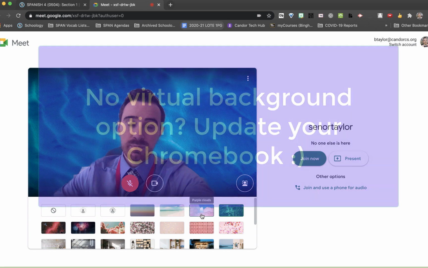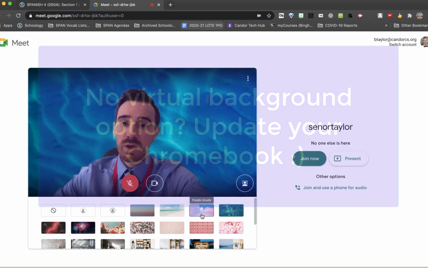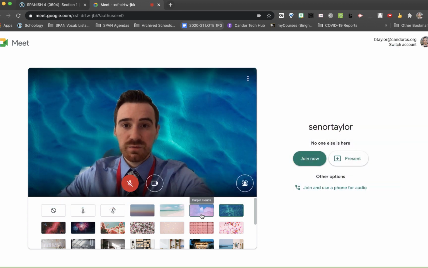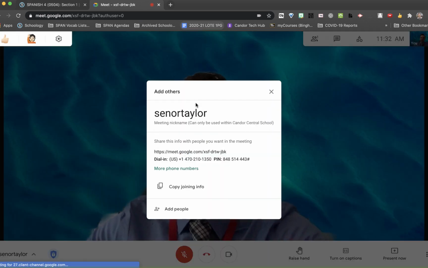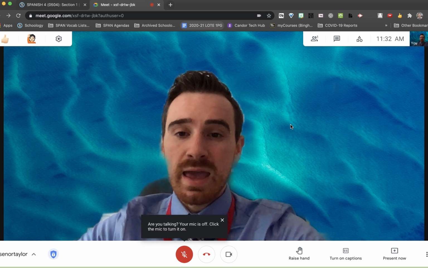Now, if you do not have these options, that means that your Chrome browser is out of date. You should see a little notification at the bottom right-hand corner of your screen that says you have an update pending. If not, please see me or Mr. Gelder and we'll get you taken care of. So now that I have all of my settings configured appropriately, I can go ahead and join the Meet, and there I am. So I can close out of that message if I get that,